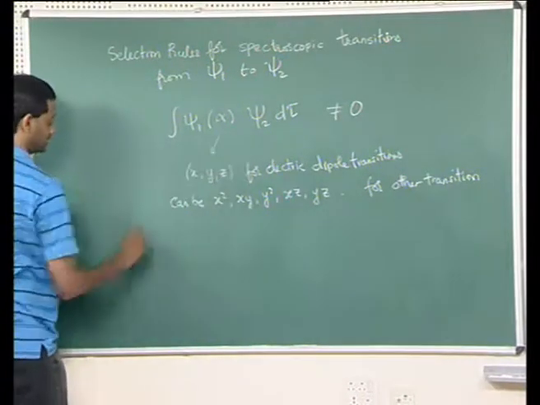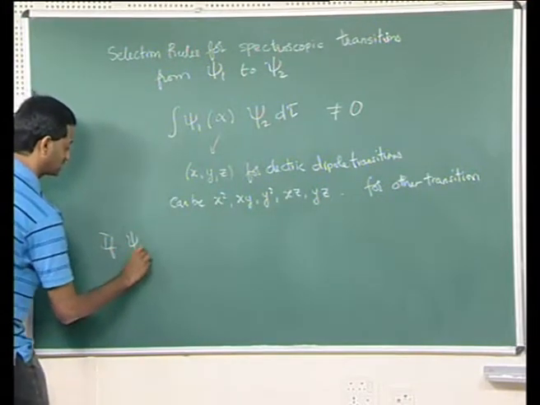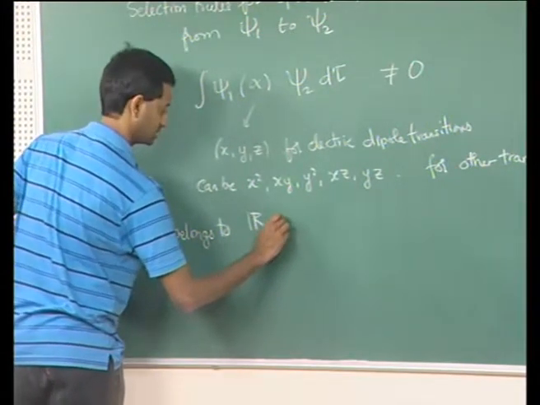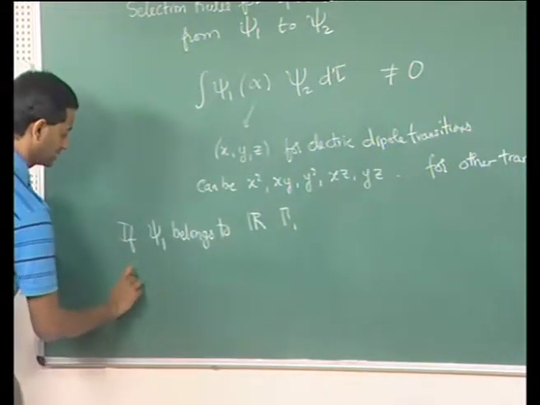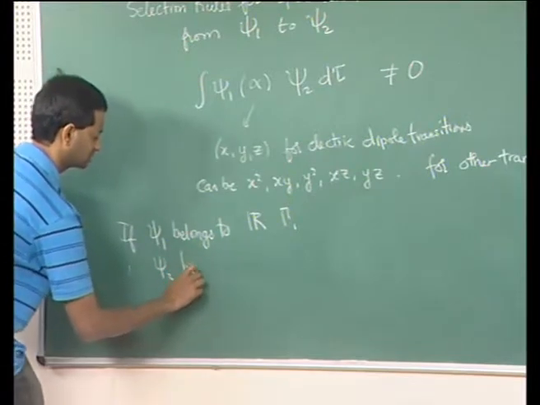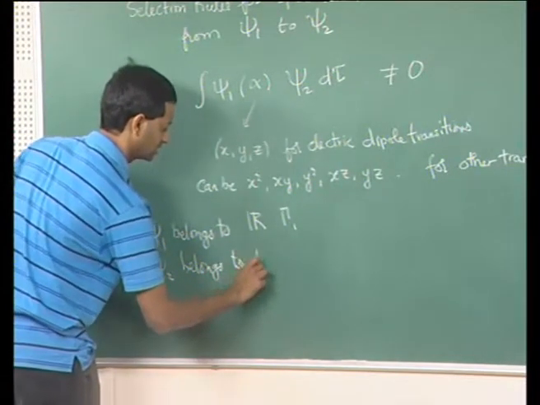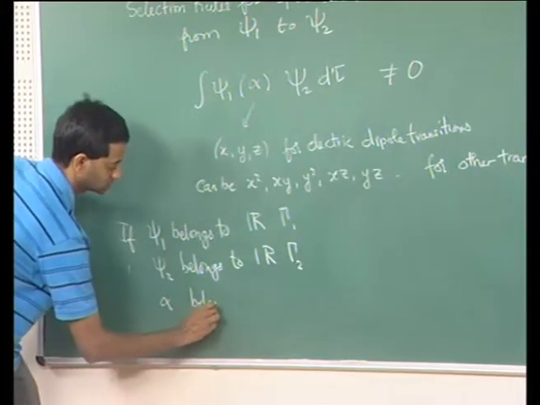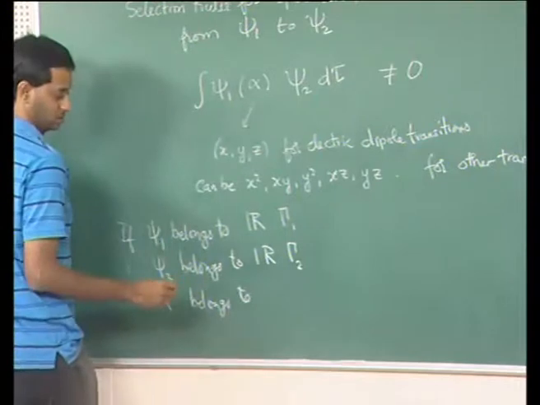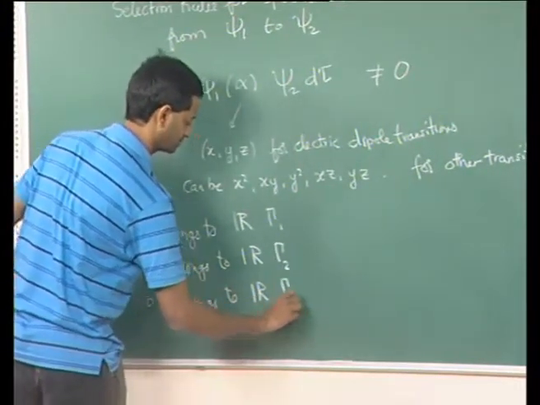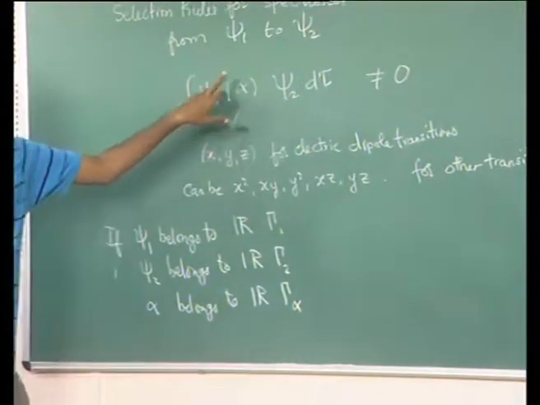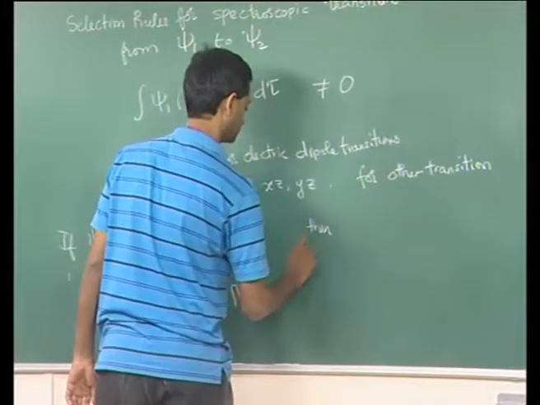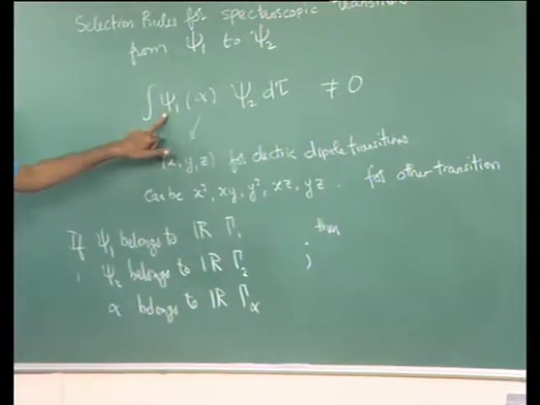So for this integral, if psi 1 belongs to irreducible representation gamma 1 and psi 2 belongs to irreducible representation gamma 2, and let us say alpha belongs to irreducible representation gamma alpha, if each of these belong to some irreducible representation, then this integral